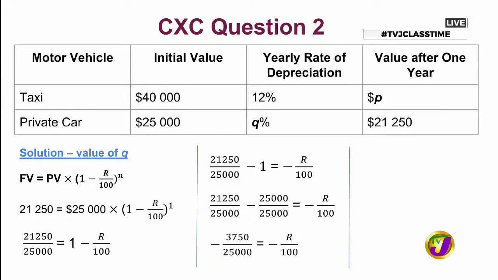Notice carefully that we're subtracting a larger value from a smaller value. And so notice here that the answer on my left-hand side is actually negative: 3,750 divided by 25,000. I can assure you, Karima, that at least 1 person would have made the mistake of putting the 25,000 first in the calculator, just because it's bigger. But we want to ensure that we're paying attention to what we're doing.